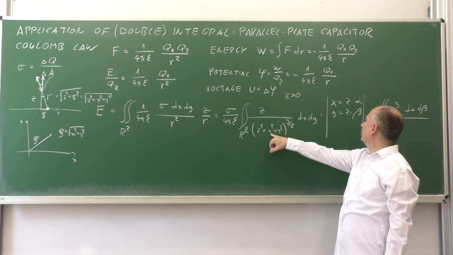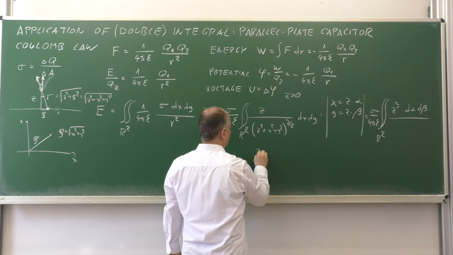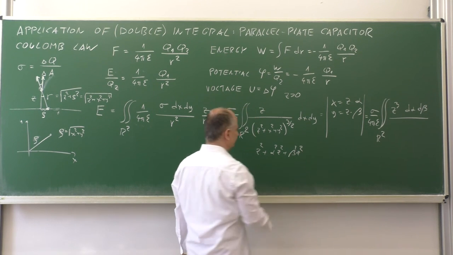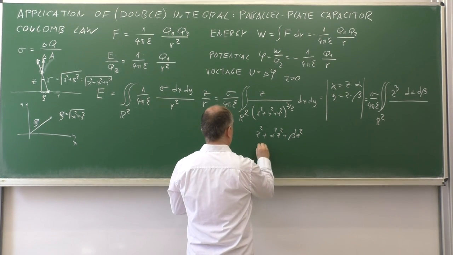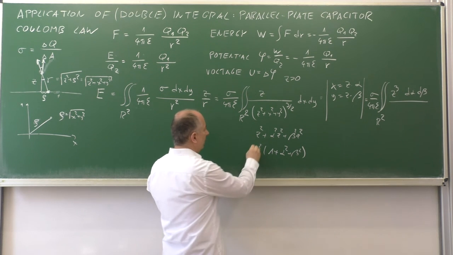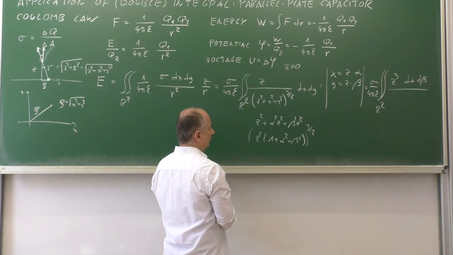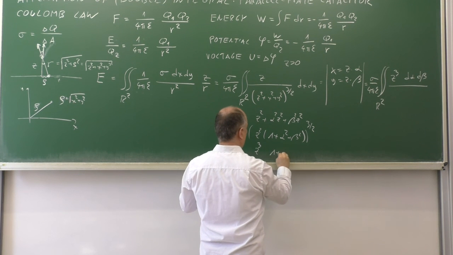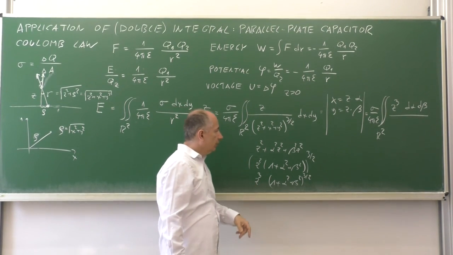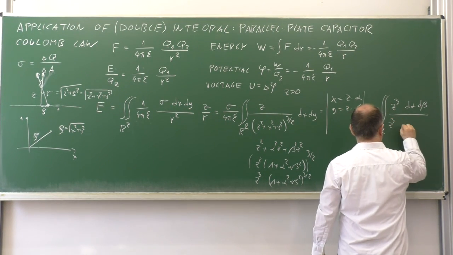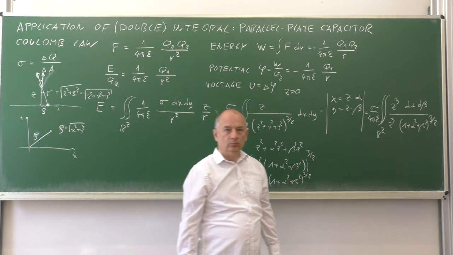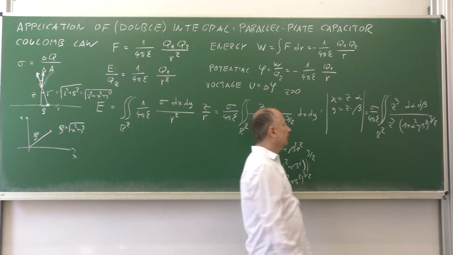And if we write x is z alpha, then this bracket looks like z squared plus alpha squared z squared plus beta squared z squared. But we can factor out z squared, and we have 1 plus alpha squared plus beta squared. And when we take the exponent 3/2, then we have z cubed times 1 plus alpha squared plus beta squared to the power of 3/2. Z cubed in the numerator, z cubed in the denominator. And now we can reduce z cubed,